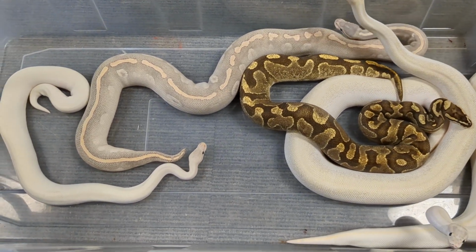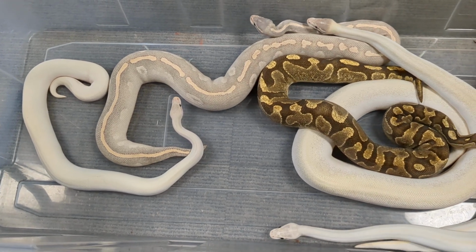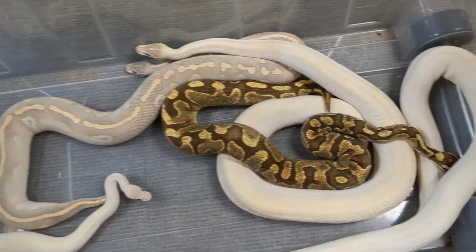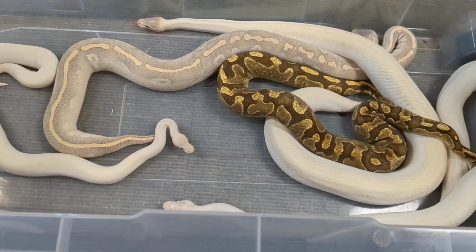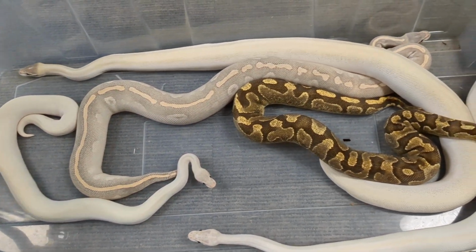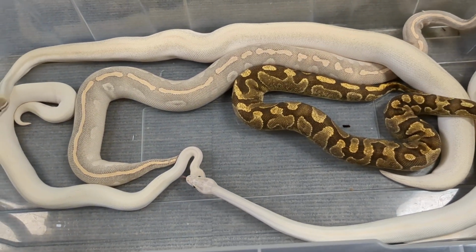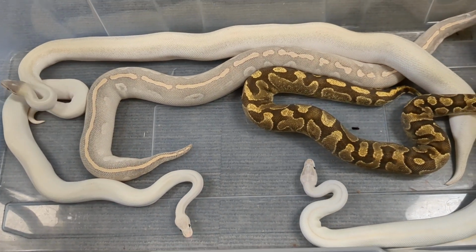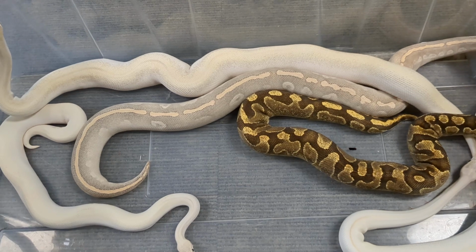In the, I think of it as the yellow belly complex, you've got Asphalt, Gravel, Spark, Spectre, and Yellow Belly. Okay? And we're going to talk about yellow bellies as well here. And then in the blue-eyed Lucy complex, which is the largest of them, and many of these are widely utilized in breedings, you've got Bamboo, something called Het Daddy that I've never seen before, Honey, Lesser, Mocha, Mojave, Mystic, Russo,